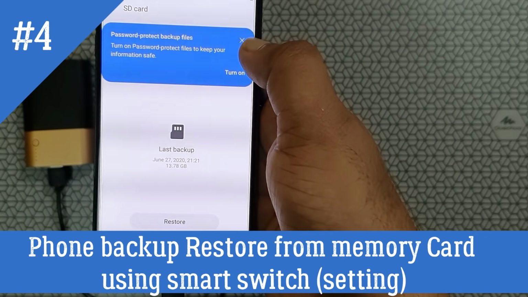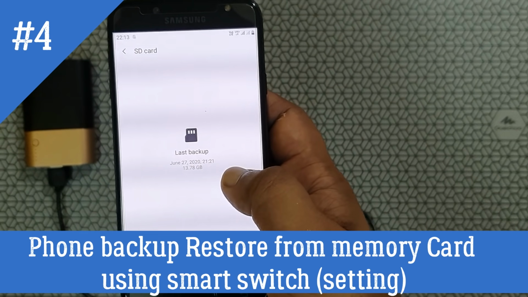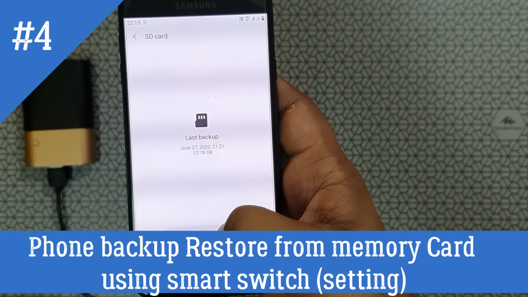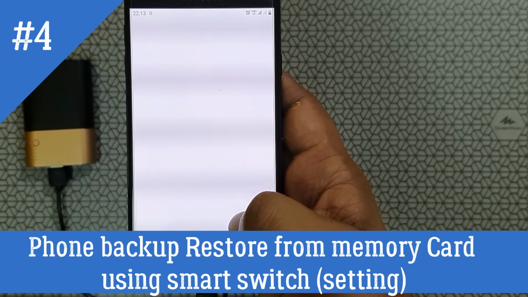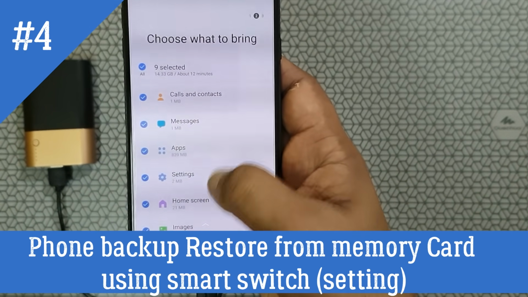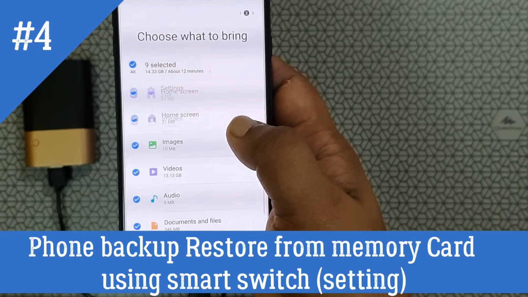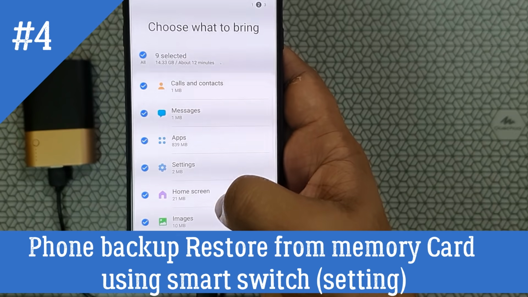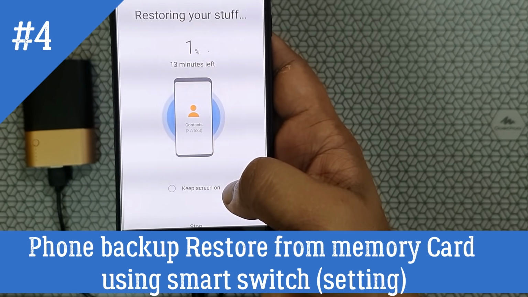Enter into the memory card. It all has the backup on your memory card, so it is showing the Restore button here. Just click restore, and you can select what are the things you want to restore. I clicked select all, restore.